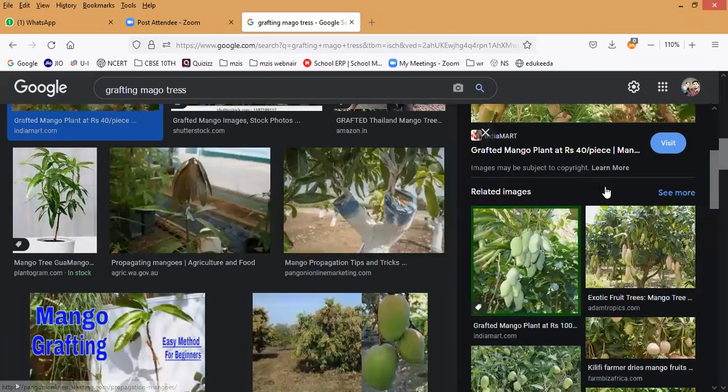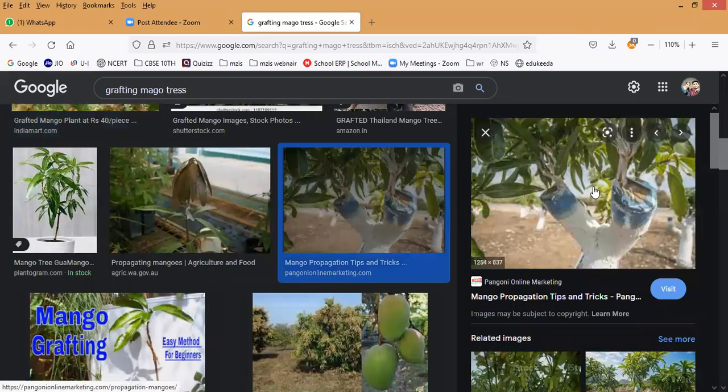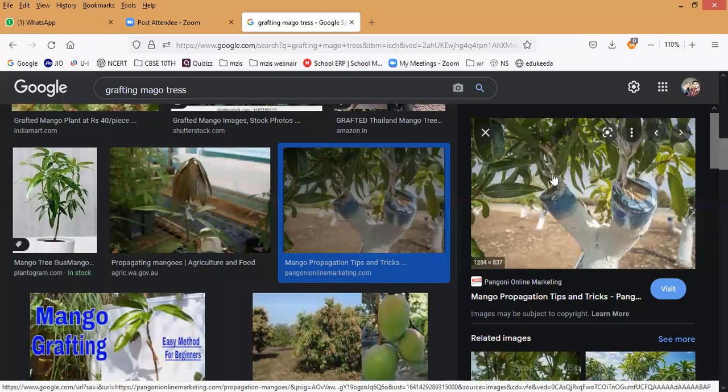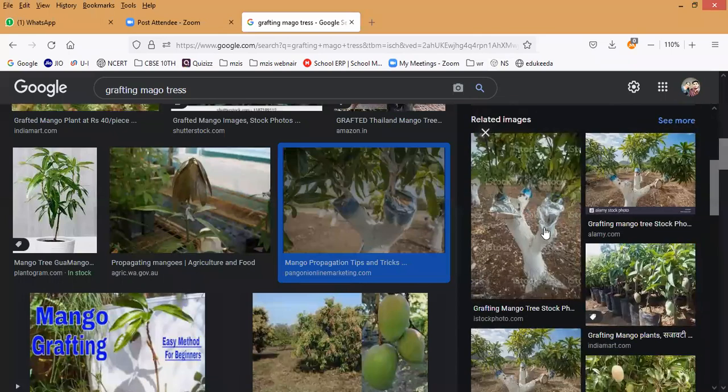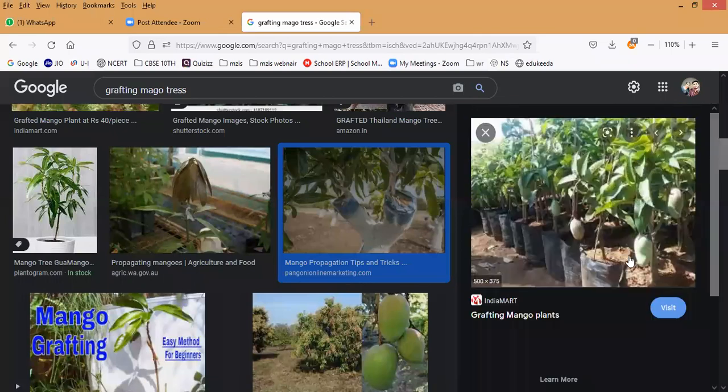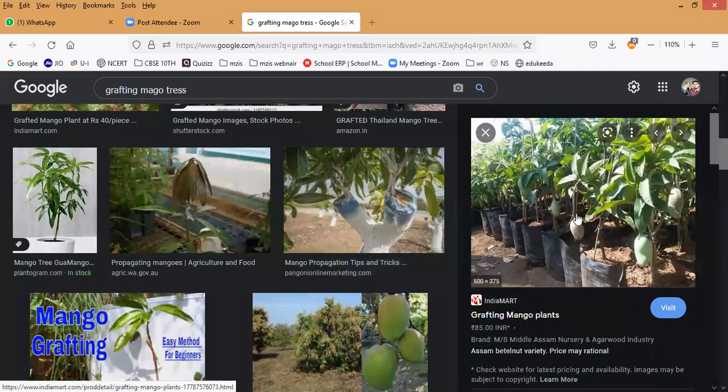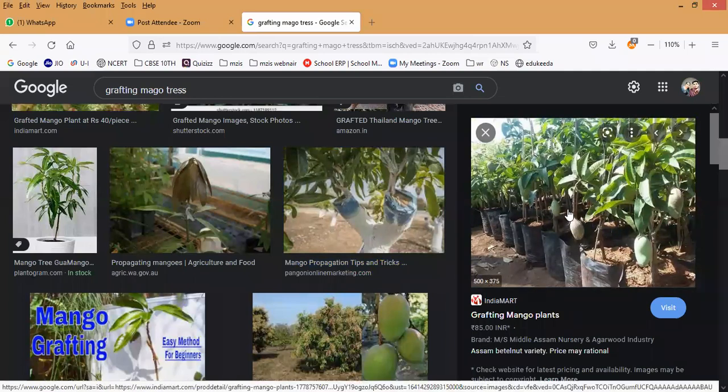Have you seen here, Arvind? The main stem is called the stock, which is attached to the ground. Each branch, each stem, has a new kind of mango attached, with the desired characteristics. This is what we call the graft. Have you noticed that a normal small mango plant will never give fruits like this? But all this is done by grafting methods. That is why they produce fruits very fast.